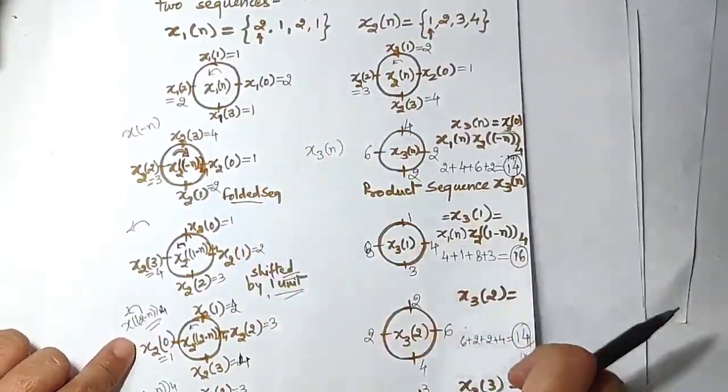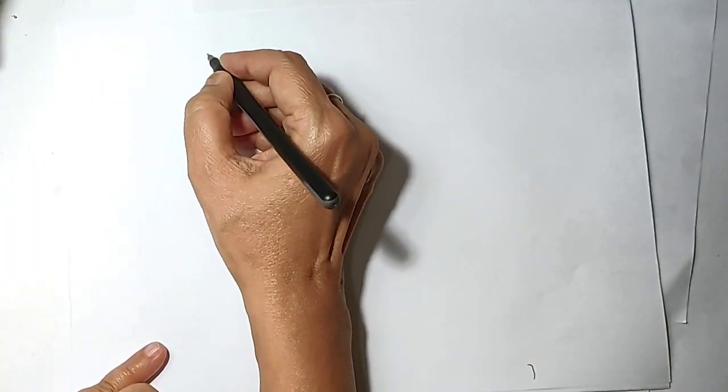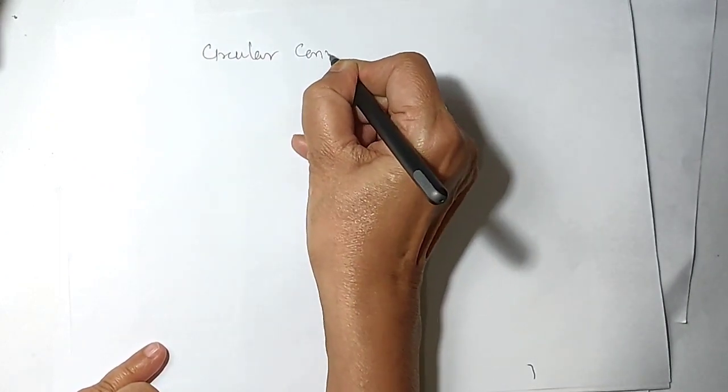So briefly, this is one example of circular convolution. You can find a set of examples with many values of x1 and x2 in any of the reference books, like Oppenheim and Schafer, Proakis, and Mitra. Many authors define the Fourier transform very nicely, and we can have different kinds of steps. So if we are not going through this circular shifting, then the circular convolution